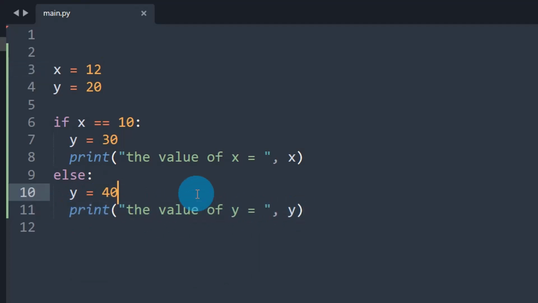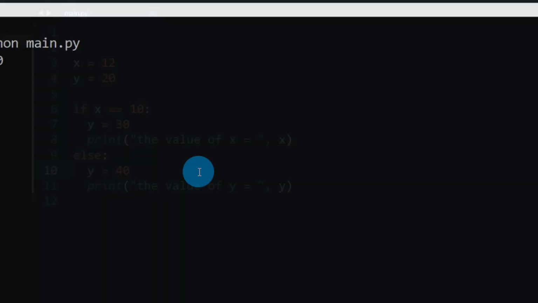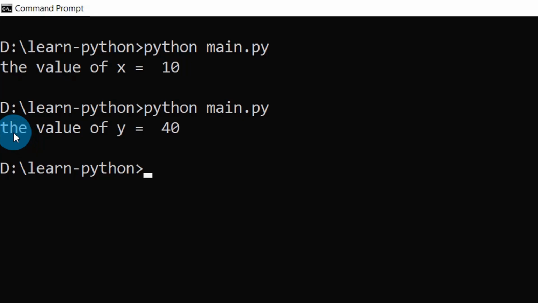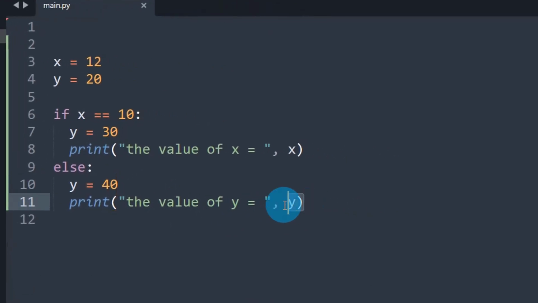Okay, let's save it and run the program again. See what happened? This time the value of y equal 40 is printed. That means this code block got executed instead of this if, because this condition does not satisfy.